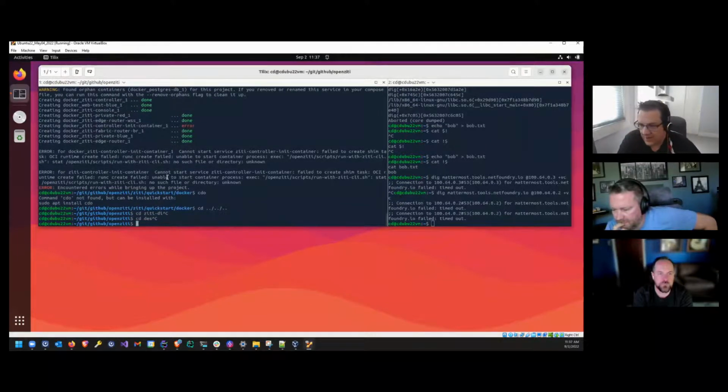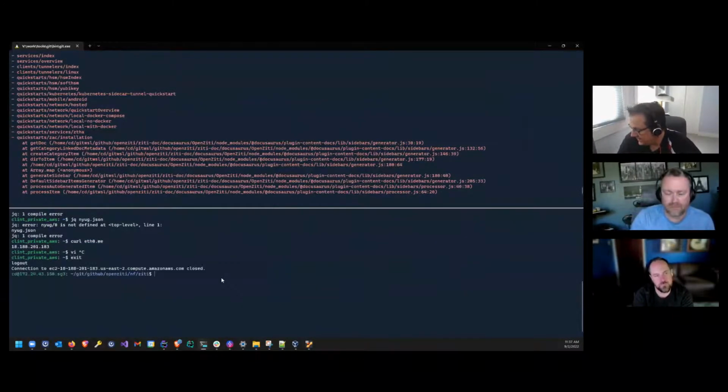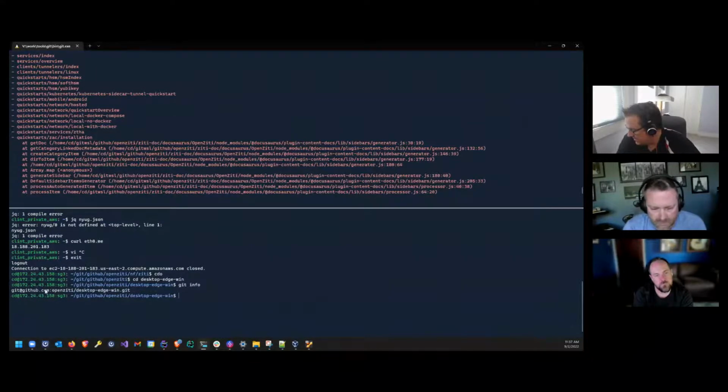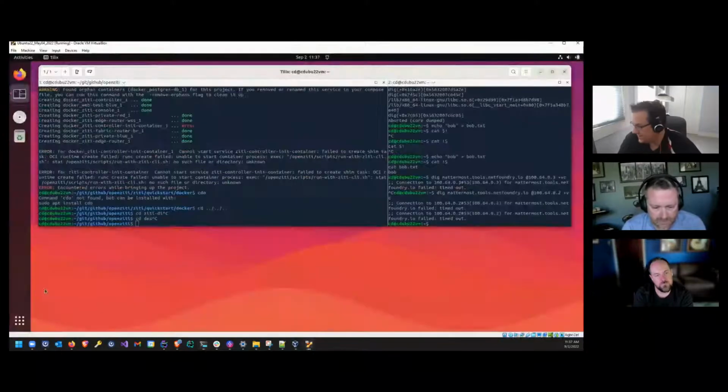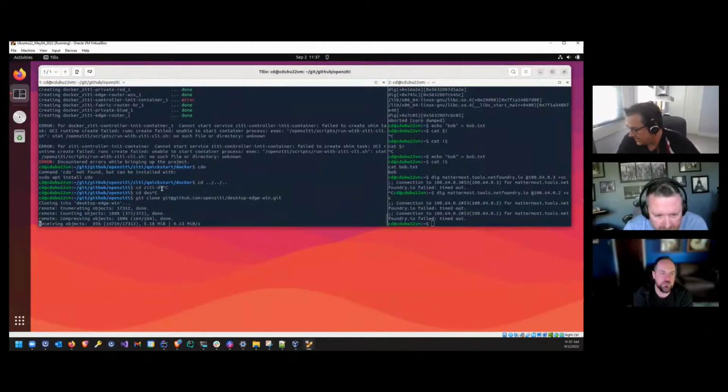Okay, so I don't have it on this machine, but we can do a real quick clone. Let's come over to here, exit out of this, CD to Desktop Edge for Windows, get this, come back over to here, we'll do a git clone for that. Chug, chug, chug.